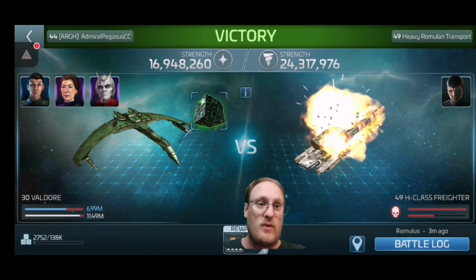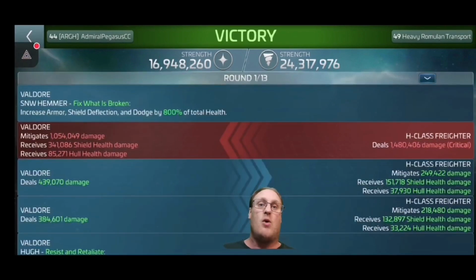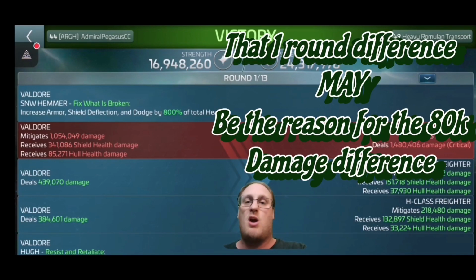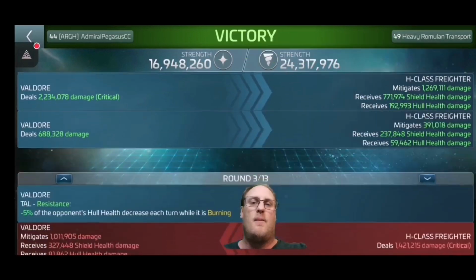Now, looking at the heavy trader here, we've pretty much taken about the same amount of hull off this thing. We've gone 1 round quicker. Again, Giorgio's not procced, so no Tal. Round 2, here we go. And then by the look...